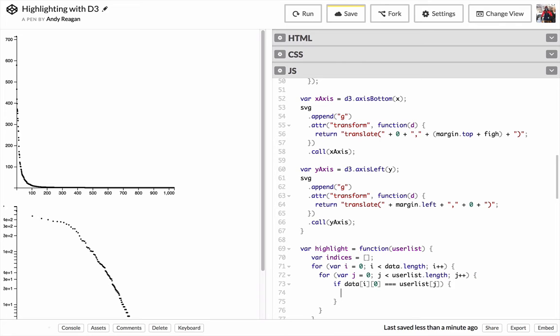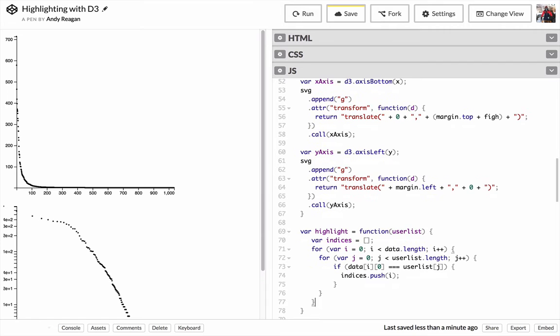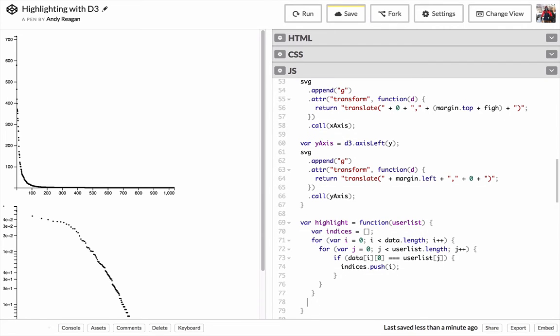If our data is equal to that element, then we'll indices.push that index i. Let's run that and look at what those indices are. This should loop through the whole data and log those indices. So really just manipulating the data to start here. If we go ahead and run this,